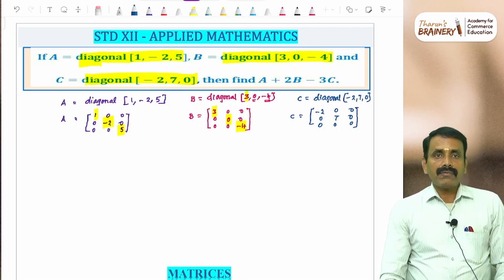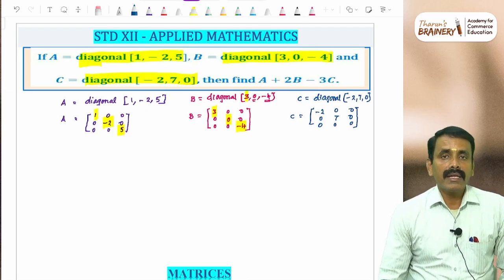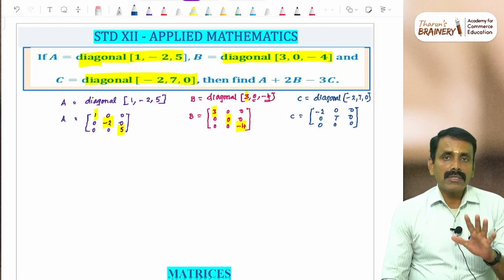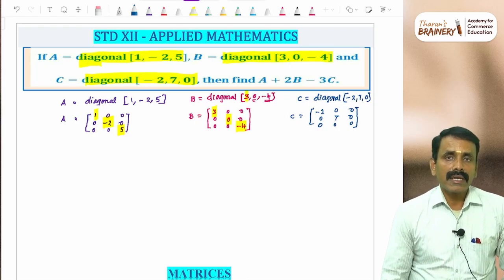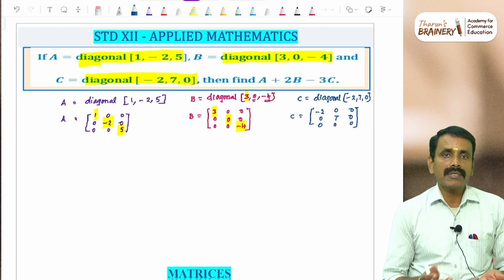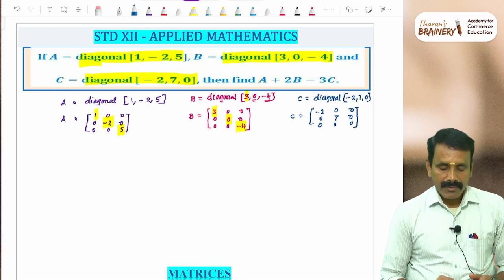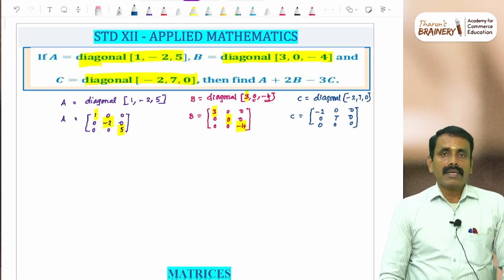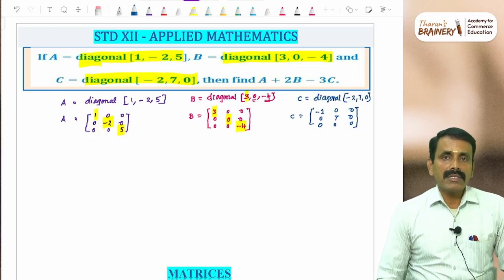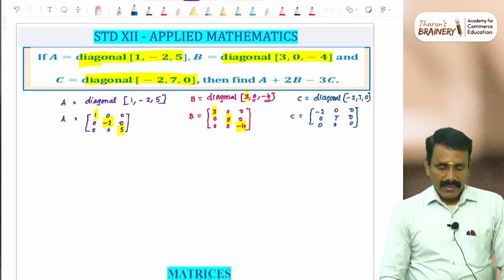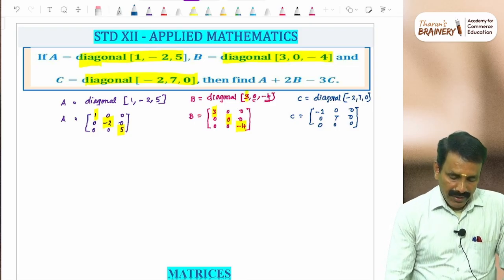In a diagonal matrix, we can have diagonal elements equal to 0, but at least one diagonal element must be non-zero. Only then is it called a diagonal matrix. If all the diagonal elements are 0, then it becomes a null matrix. So we must make sure that in a diagonal matrix at least one element in the diagonal is non-zero. Now, we are supposed to find